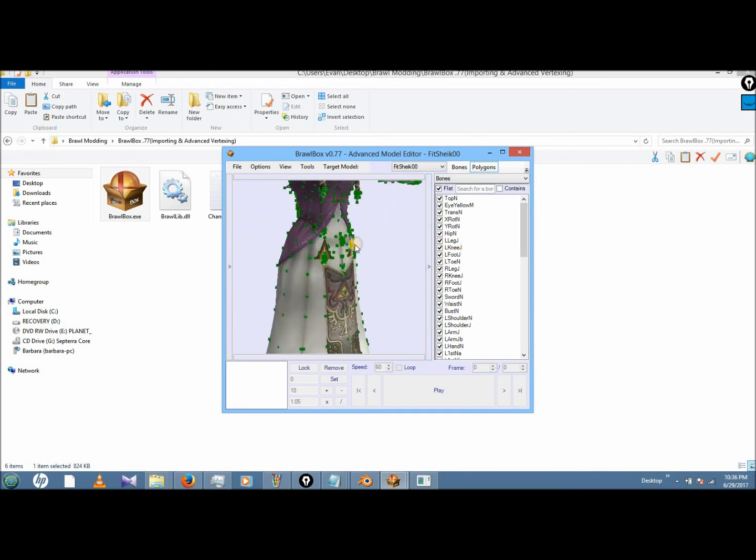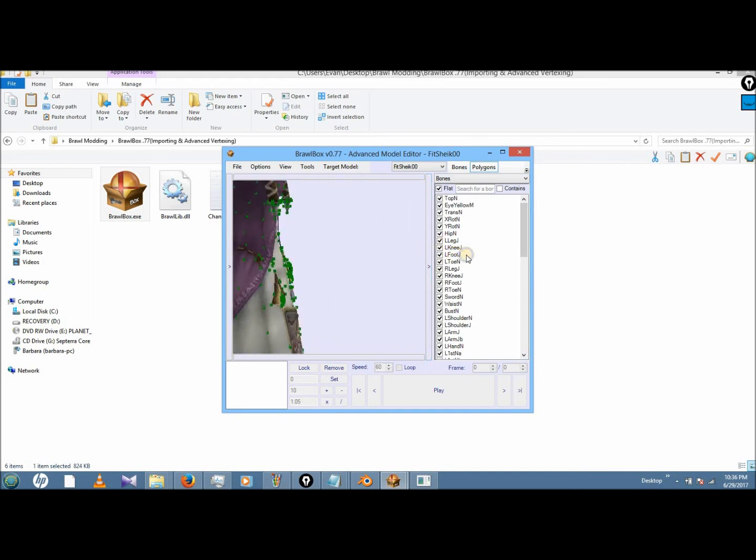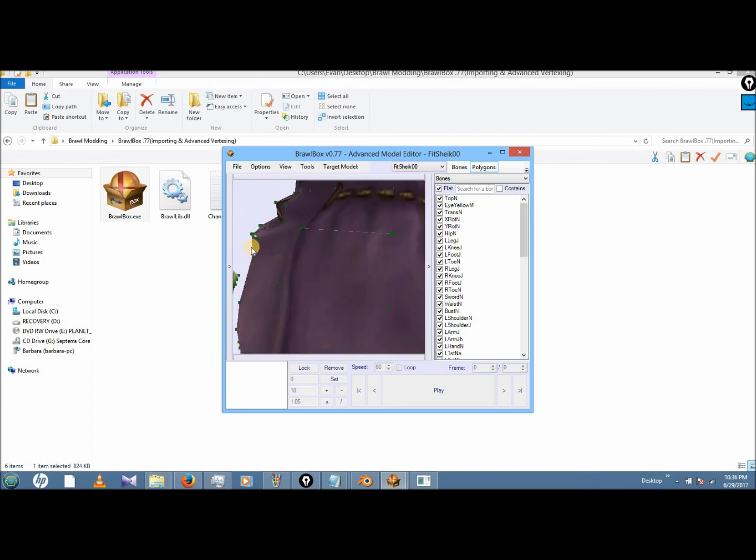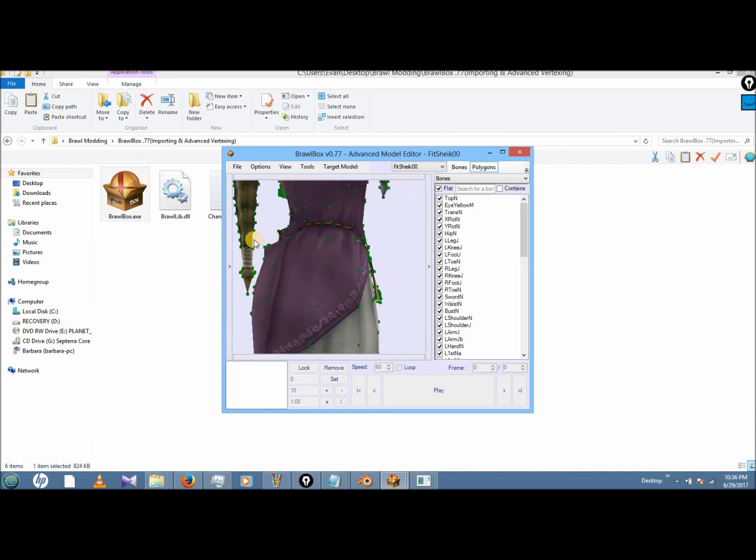So let's see. So if these are, okay, so those are to the waist.